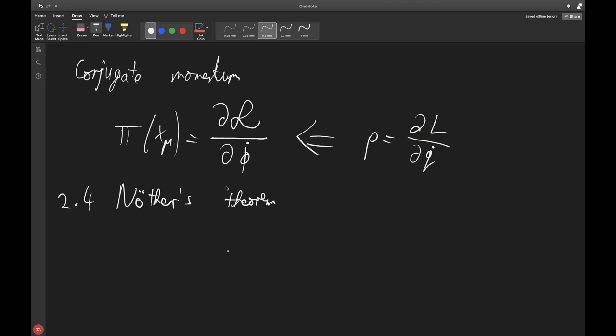I'm just going to say that if we have a continuous symmetry, Noether's theorem says that there is going to be a conservation law. Noether was actually a mathematician, a female mathematician, which at that time was quite rare. It can be formalized in a mathematical way, but for physics, this really just means that if we have a continuous symmetry,